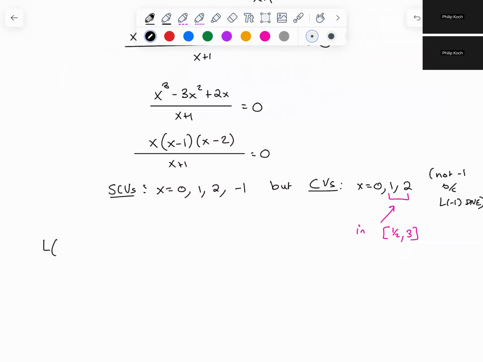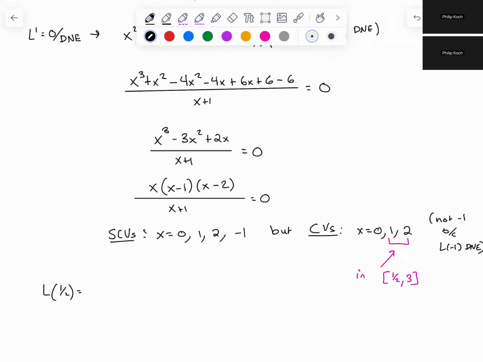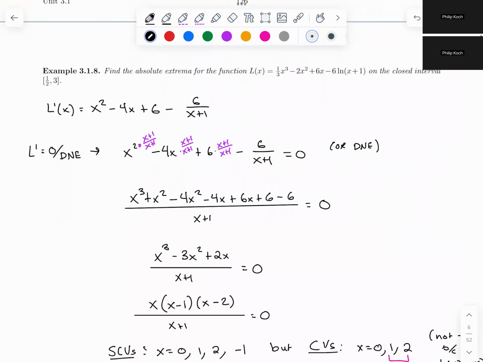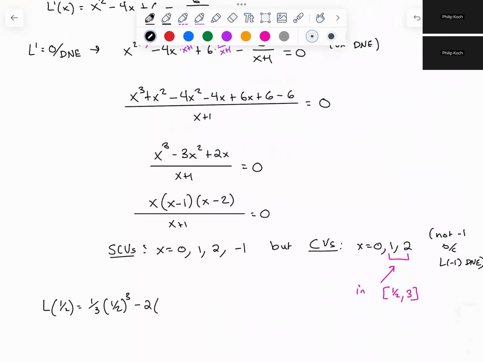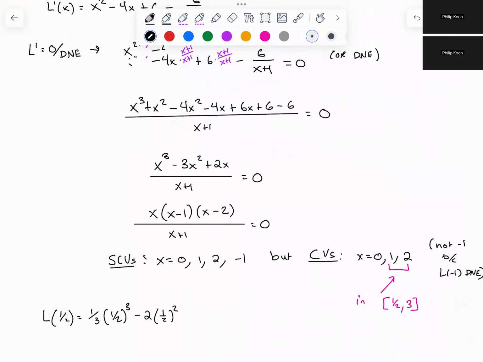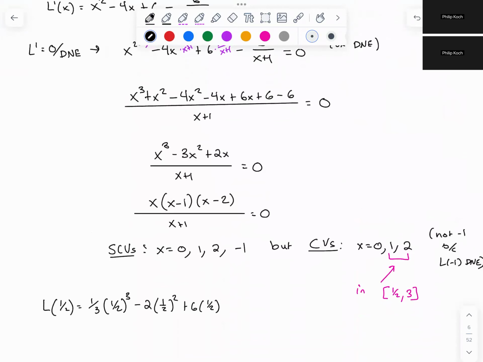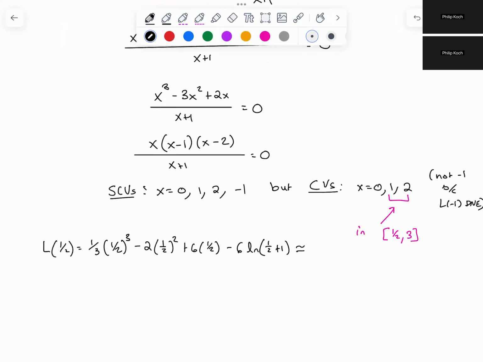So L of 1/2 is 1/3 times 1/2 cubed minus 2 times 1/2 squared plus 6 times 1/2 minus 6 ln of 1/2 plus 1, which is approximately